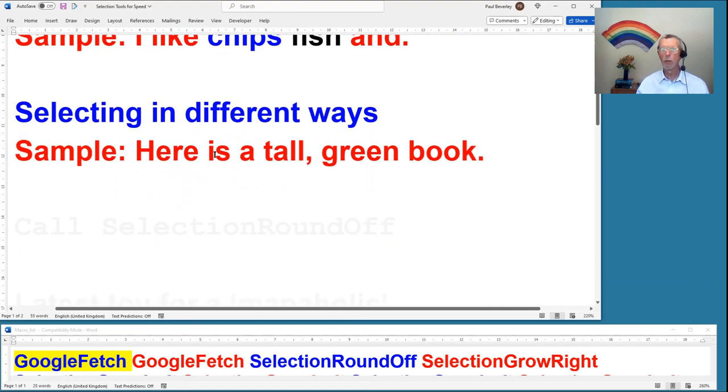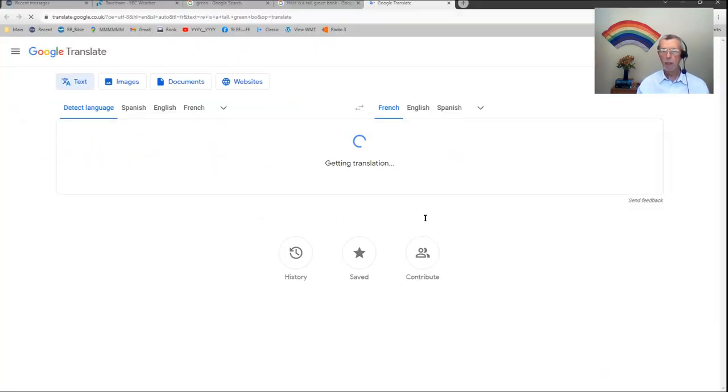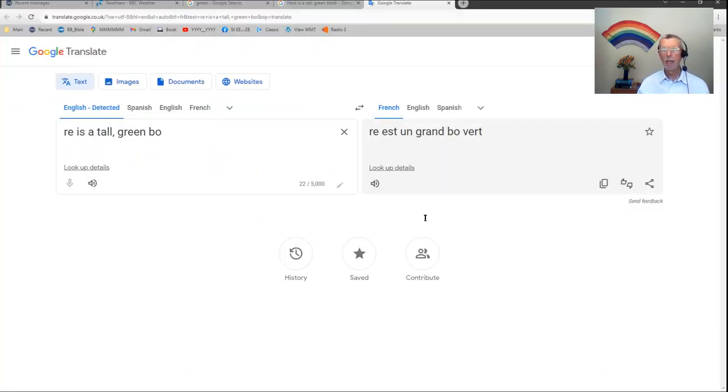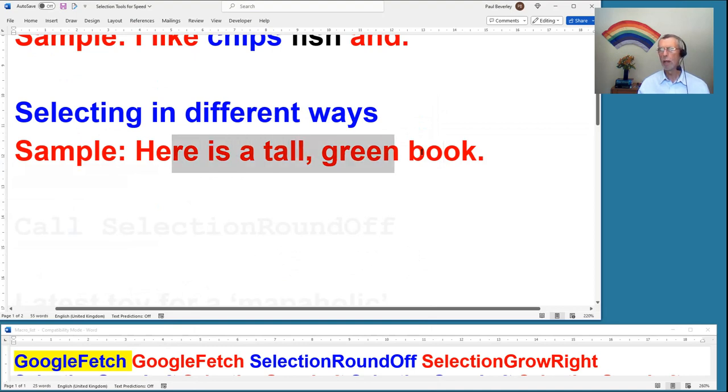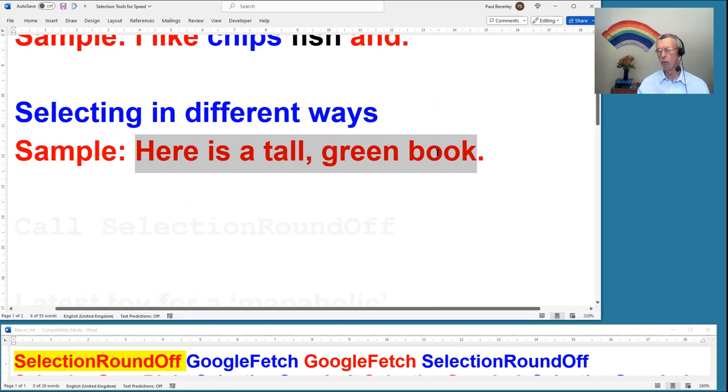Now suppose, for example, I decided I wanted to translate this. I could use my Google Translate macro, so I try running that, and unfortunately it didn't do the round off. It took literally that which was selected and sent that off to Google Translate. So if this is something you need to do, then it would be useful to be able to select it, then do a round off, and then send it, so rather than running two macros,